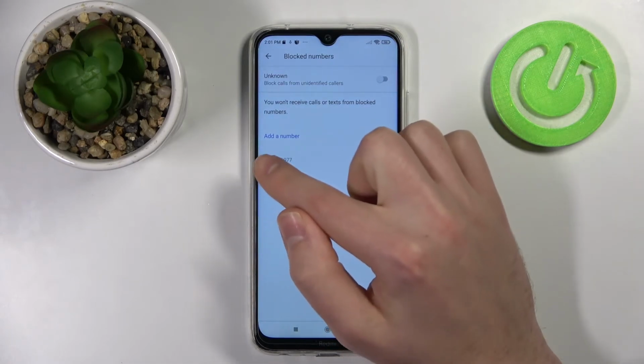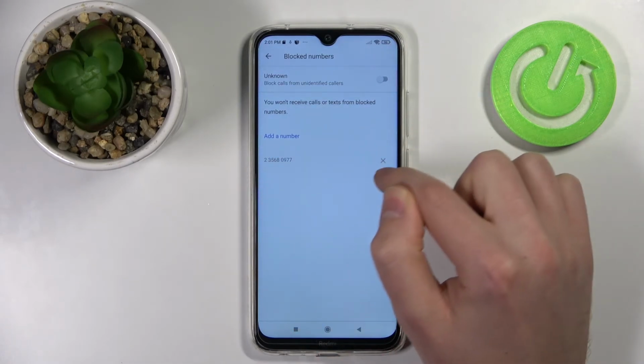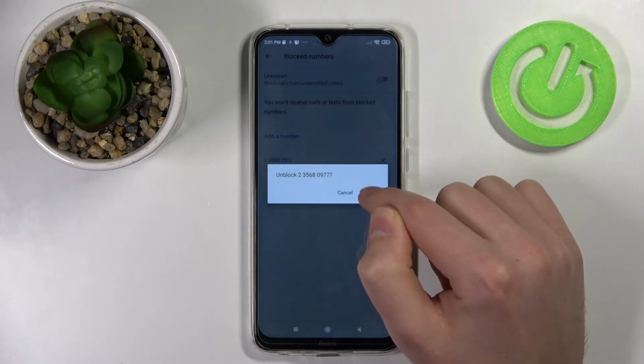And maybe one more time. Choose, for example, this one number, click here, click confirm operation, click unblock one more time,